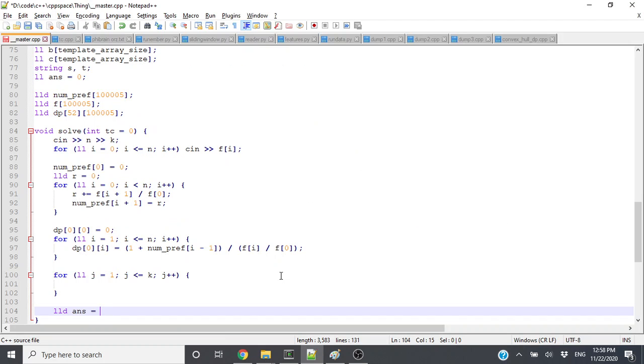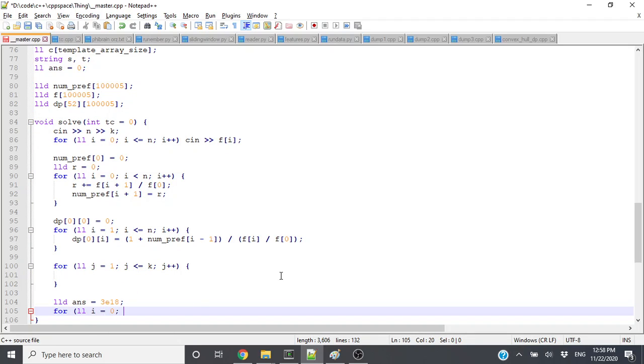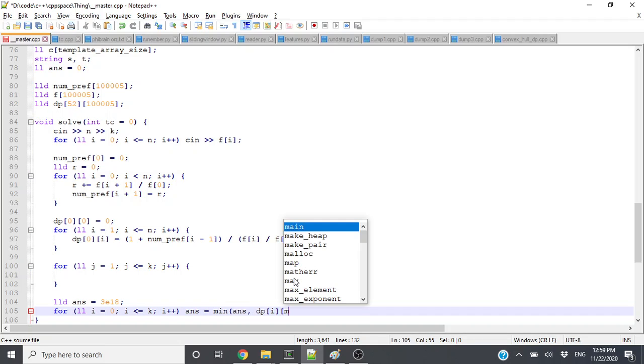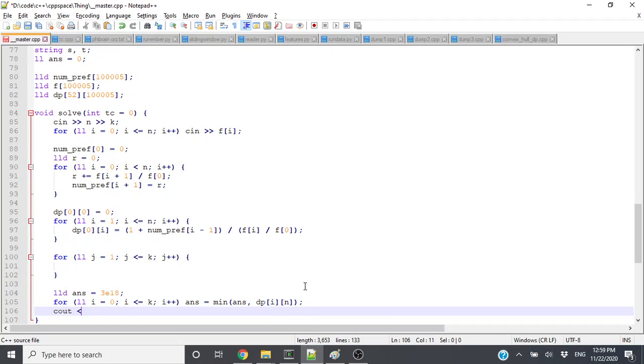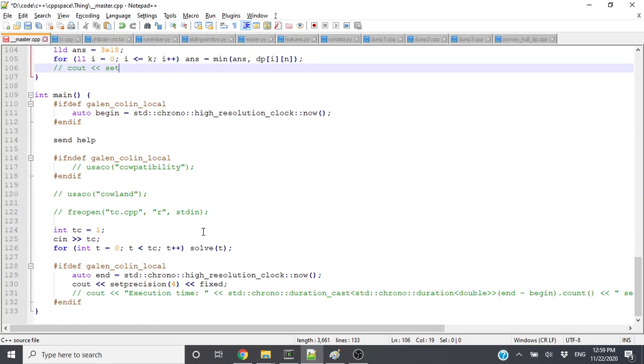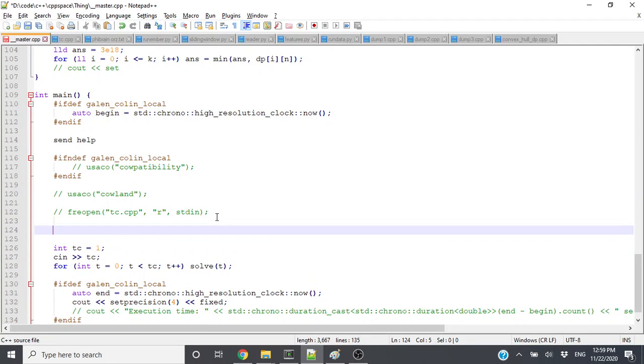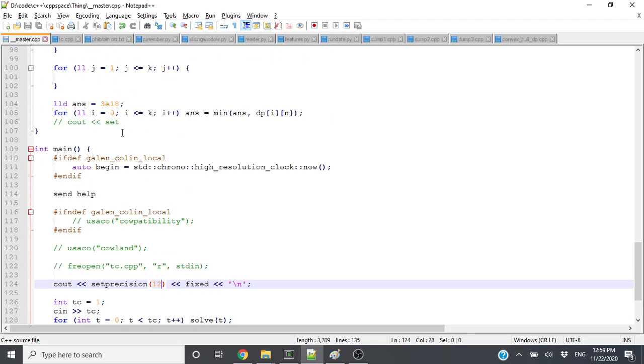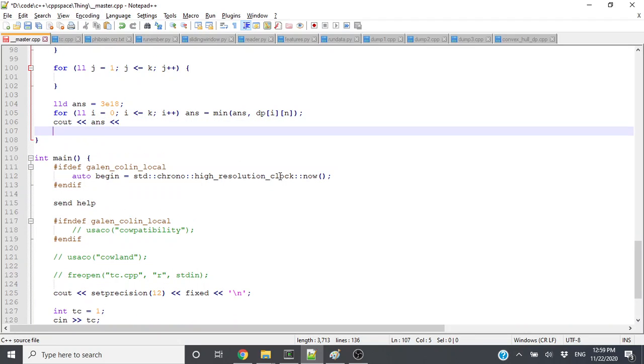So I think 3e18 would work. i equals 0, i is less than or equal to k. ans equals min of ans and dp i n. Let's see. Fixed. I'll do like 12. Cout ans and